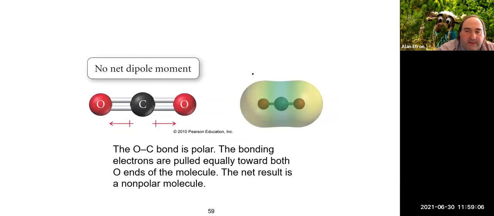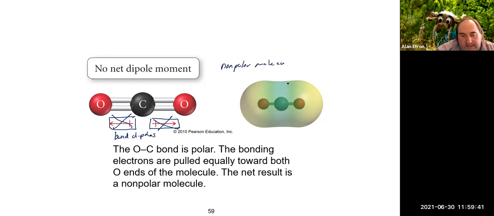Here's our CO2 that we also saw. Again, a very good example, as we talked about, that it definitely does have polar bonds. And again, these would be our bond dipoles. But because of the geometry here of being linear, even though this guy is pulling to the left, this guy is pulling to the right, and because they are a straight line, they essentially will cancel each other out. And overall, this is going to be a nonpolar molecule,